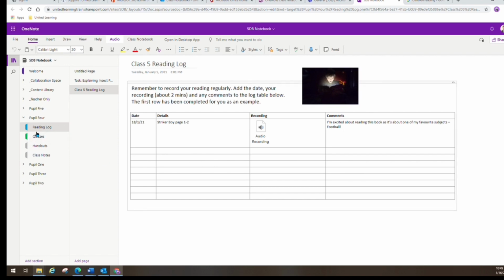I've got a section called Reading Log, and I'm writing the main page to distribute to the rest of the class. I've called my page Class 5 Reading Log. I've put some instructions here, and I've created a table by going to Insert and Table. I've also completed a first line of the log as an example, where I've got the date and the details